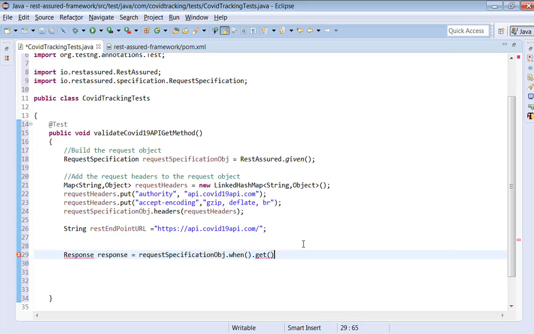This is the request I sent, the REST endpoint URL, and you get the response back. So when do you get a response? When you send this REST endpoint you get this response.